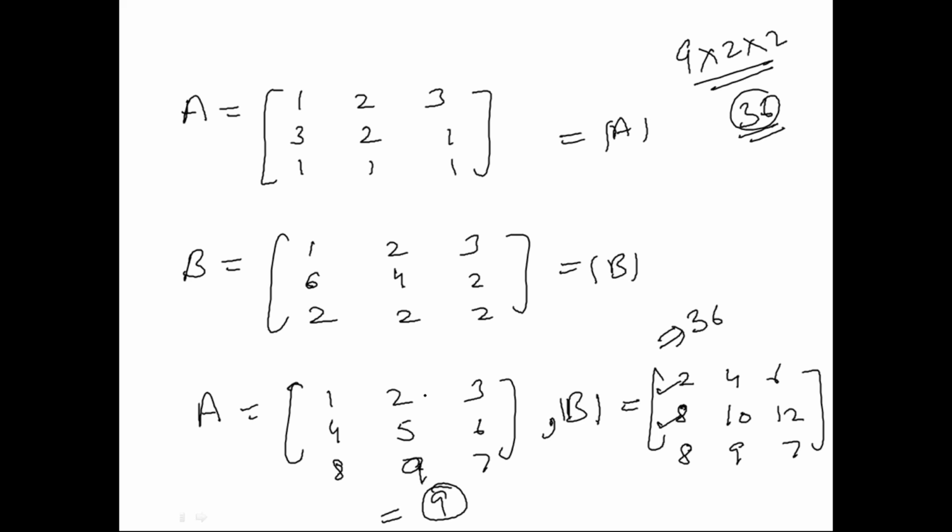Is the property clear? Let us make some more points on this. If, let us say, determinant A was x, and I multiplied the first row with 2 and the second column with 3, my determinant would be simply 2 into 3 into x, that is equal to 6x. Is that okay?